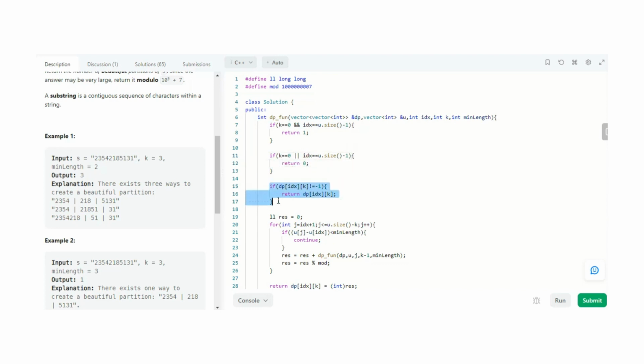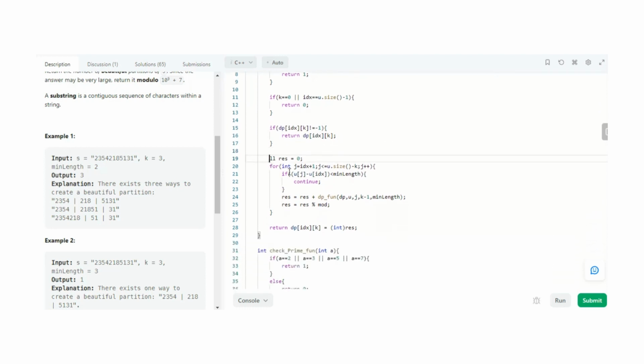Here we have applied the third if for the overlapping subproblems, as I mentioned in the question: whenever we get a value that we have already calculated, meaning it is not equal to -1, then we will simply return that value, as it is already visited. No need to calculate it further, no need to make a further recursive call. This is ultimately the optimization condition for our question. Here we have applied the dynamic programming plus memoization technique.